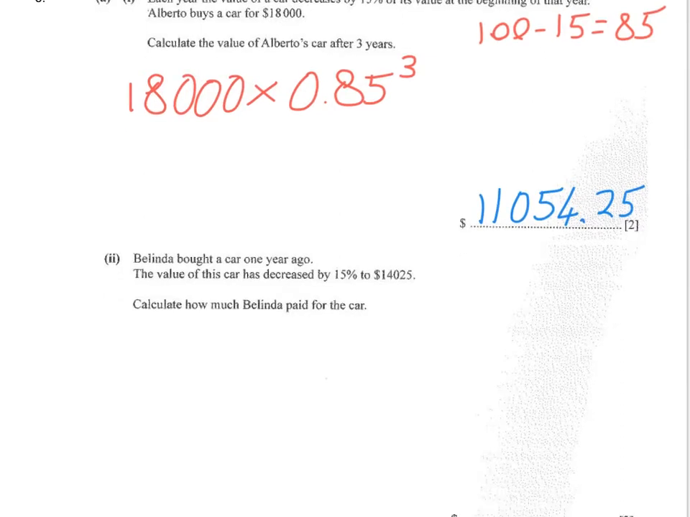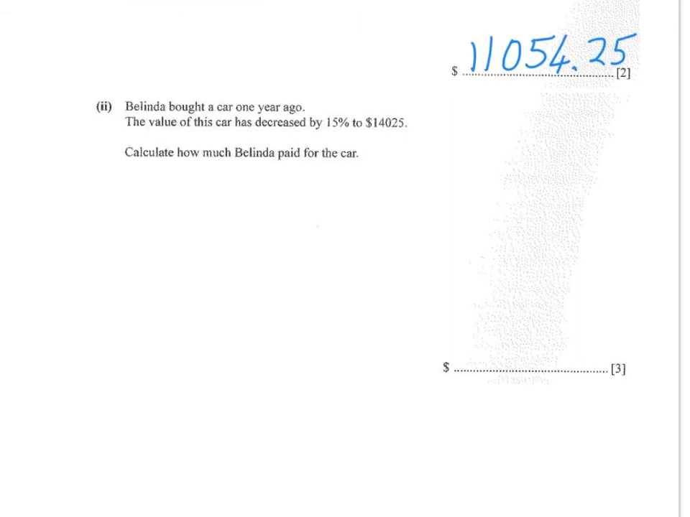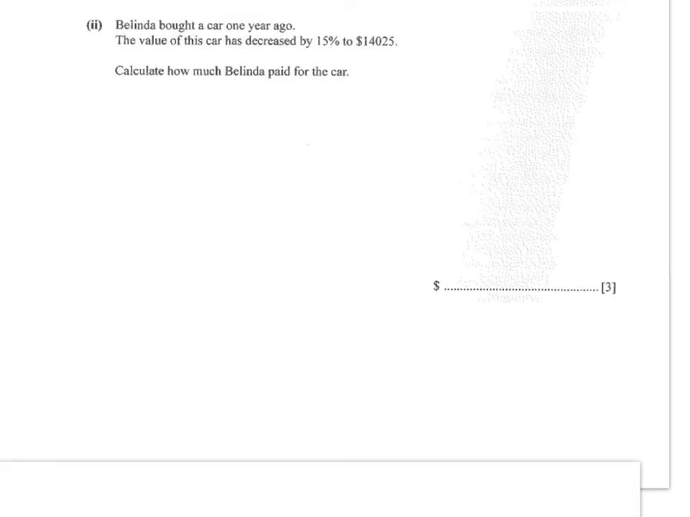Okay, now Belinda bought a car a while ago, and we're actually going to work backwards here. The value of her car decreased, and we need to undo that decrease. You may have been shown a few different ways of how to do this. The way I think of it is that the original price of her car, or what she paid for it, I'm going to call X. And then somebody has decreased it by 15%. So that means they've taken X and they've multiplied it by 0.85. So 0.85x, once they decreased it by 15%, they got